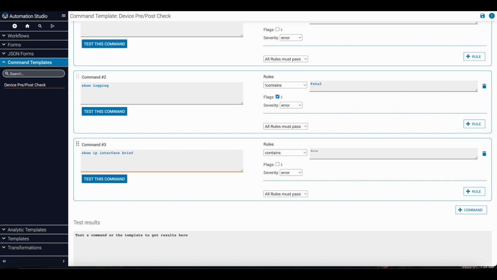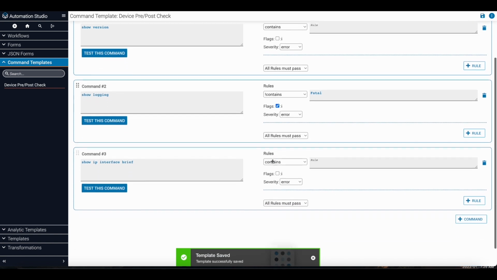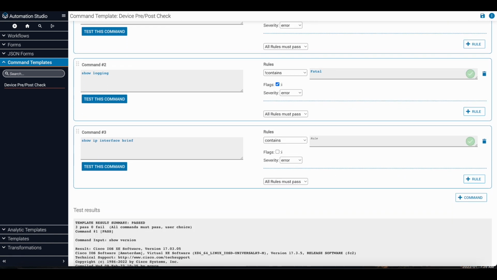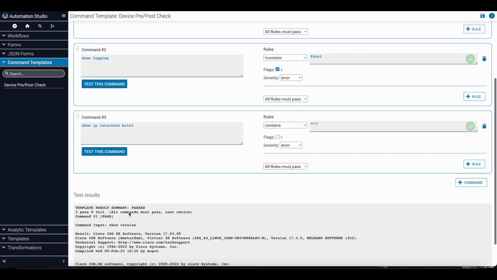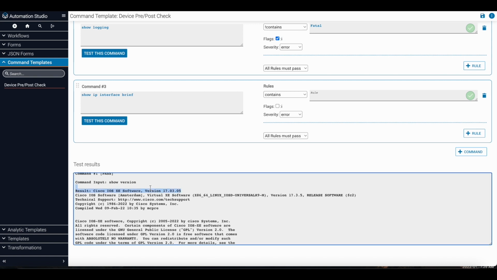Now that I've added a few commands to my command template, I want to test it out. First, I'll need to select a target device for my command template. I've got a lab device called iOS that I'll use for my command template today. Now I'll click Test All Commands and see my results. Looks like my command template passed, and I can see the results of the commands, including the OS version running on the device,